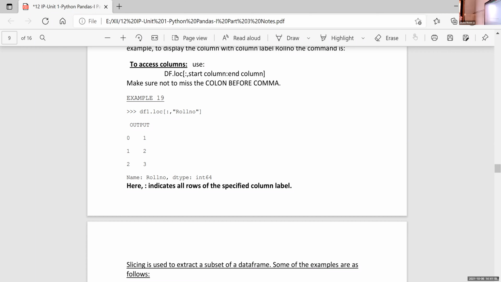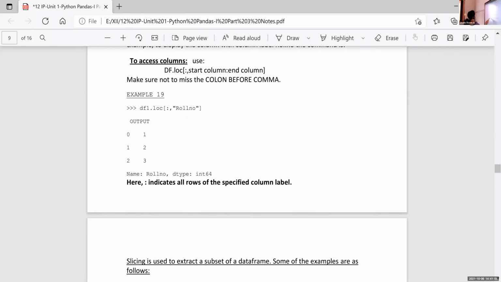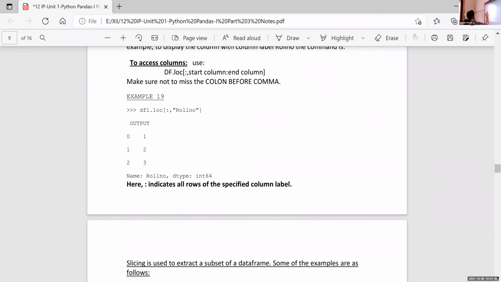Here also, this single colon indicates that all the rows will be displayed. Here the query is colon, comma, roll number, meaning the colon represents all the rows from this DF1 and only one column is displayed, that is roll number.